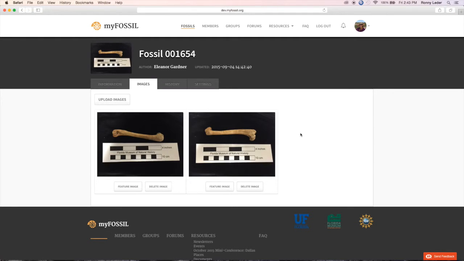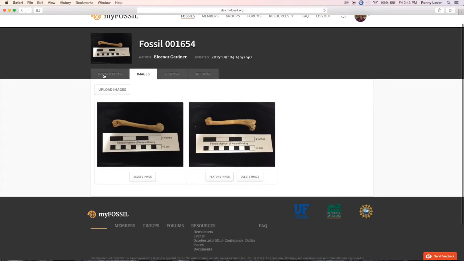There we go. And so once you have all of your photos uploaded, what you're going to do is select which one of them you want to be the feature image. And when I say feature image, what I mean is that it's going to be the picture that shows up next to the fossil number. So in this case, I'm going to select this one to be the feature image. So now that's been finished. I'm going to go back to the Information tab,